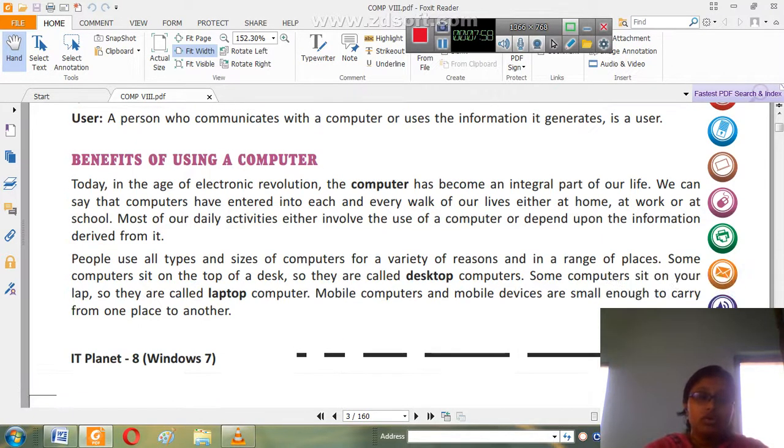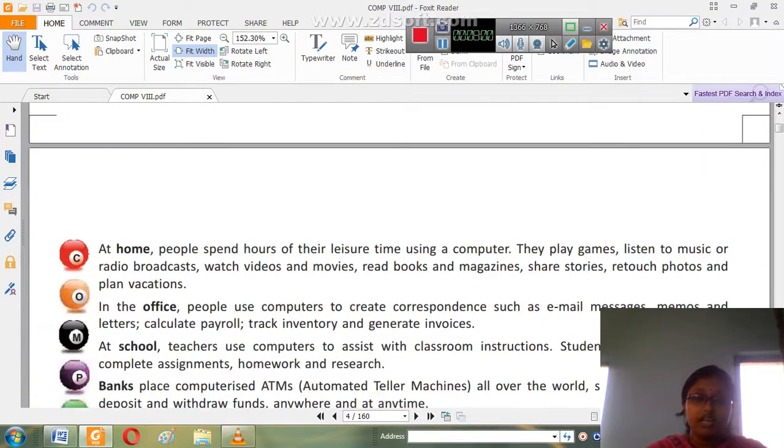In brief, what all the things that we can do at home with the computer: we can read books, watch movies, have videos, maybe radio broadcast, listen to music and many more things. Then we have the office.